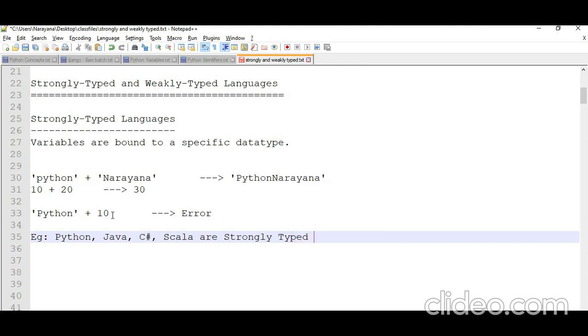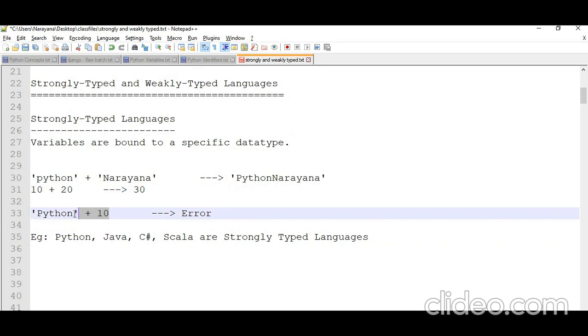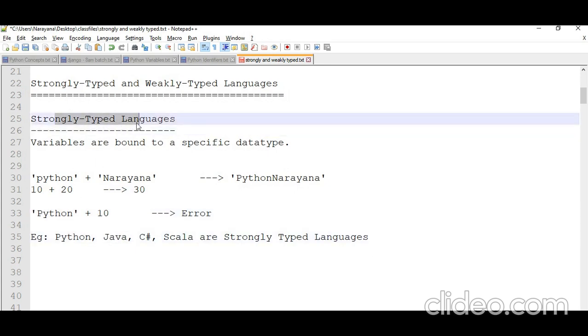In Python and Java, the same type of values can be concatenated, but different types of values cannot be concatenated or added. That's why these languages are called strongly typed languages.